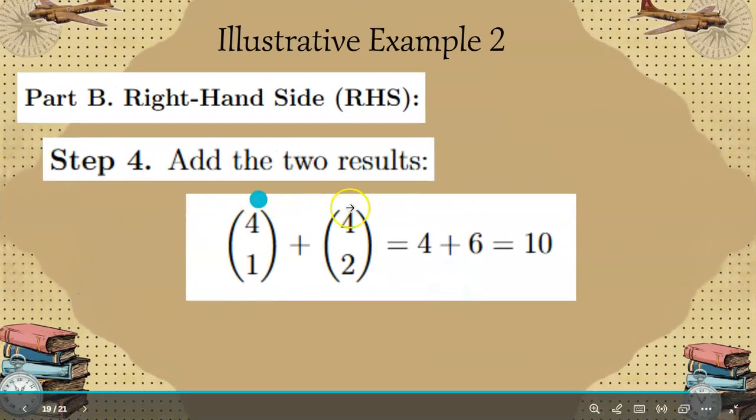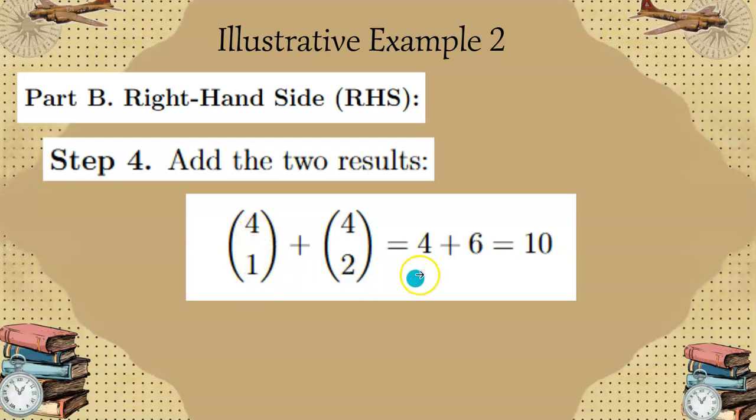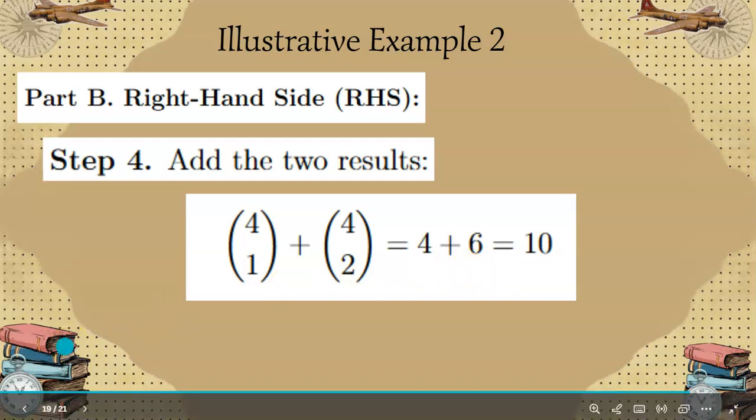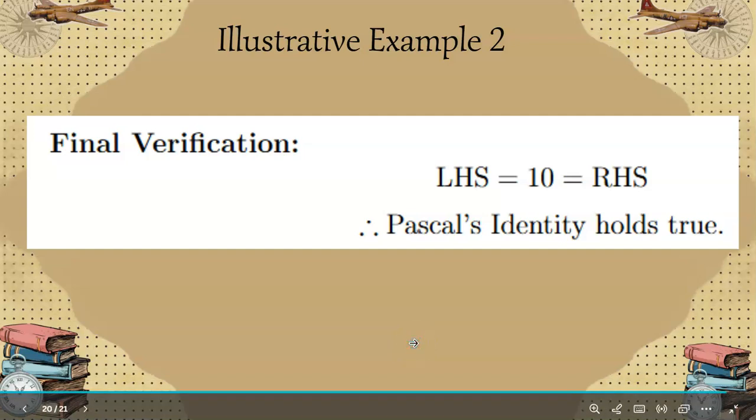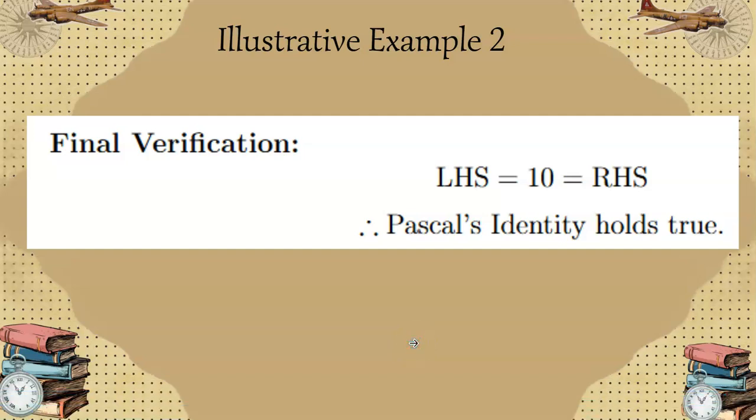Step number 4, add the 2 results. 4 choose 1 is equal to 4. 4 choose 2 is equal to 6. 4 plus 6 is equal to 10. And since we have verified that both the left-hand side and the right-hand side are equal to 10, then Pascal's identity holds true for n equal to 5 and r equal to 2. Again, here's our conclusion. Each number in Pascal's triangle is the sum of the two numbers directly above it. That is a profound connection between algebraic structure and